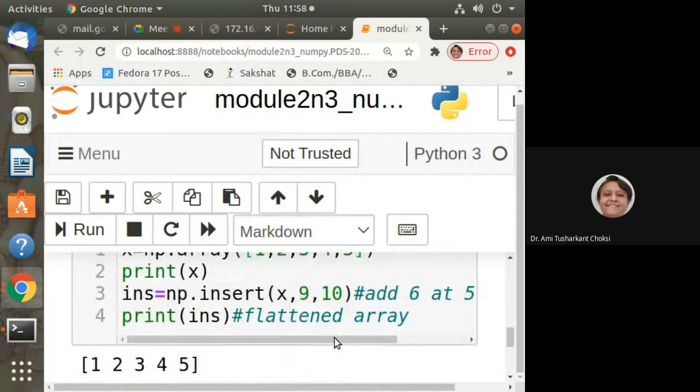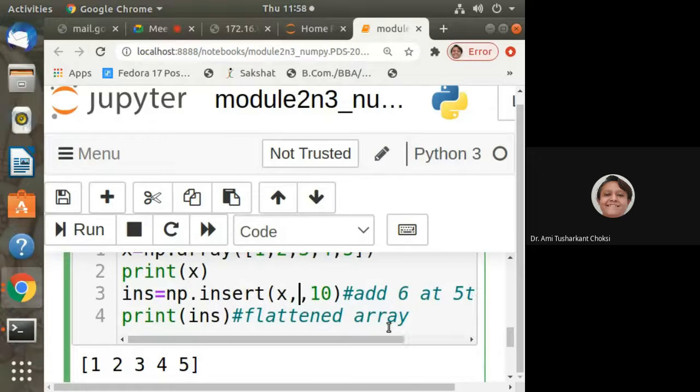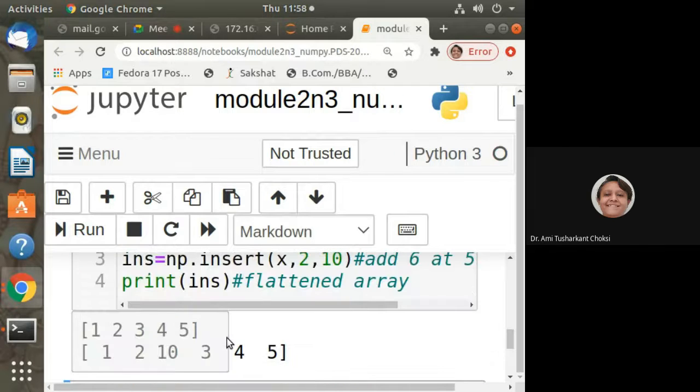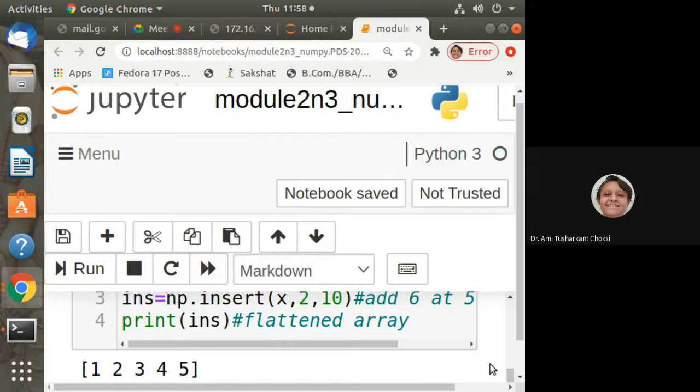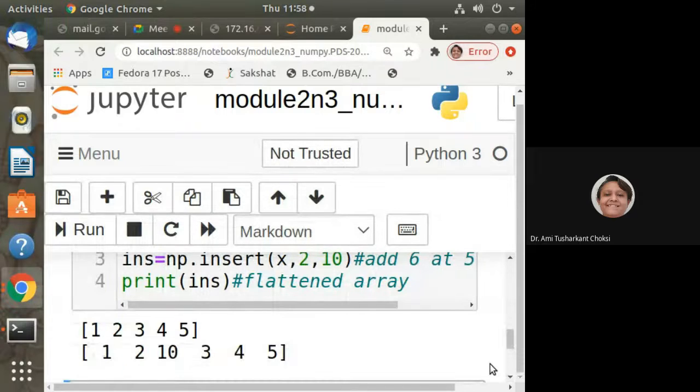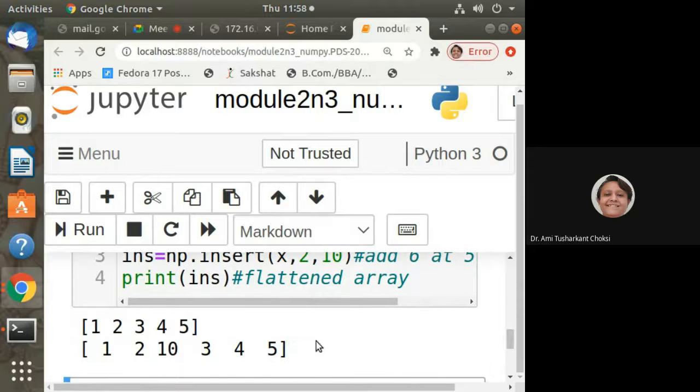We should have that many values. Indices are 0, 1, 2, 3, 4. Let us give index 2 and the value 10, a different value so we can understand. At index 2 it should insert 10, and whatever the other values are, it will shift, the way we have for our list. The same thing holds for a NumPy array also.